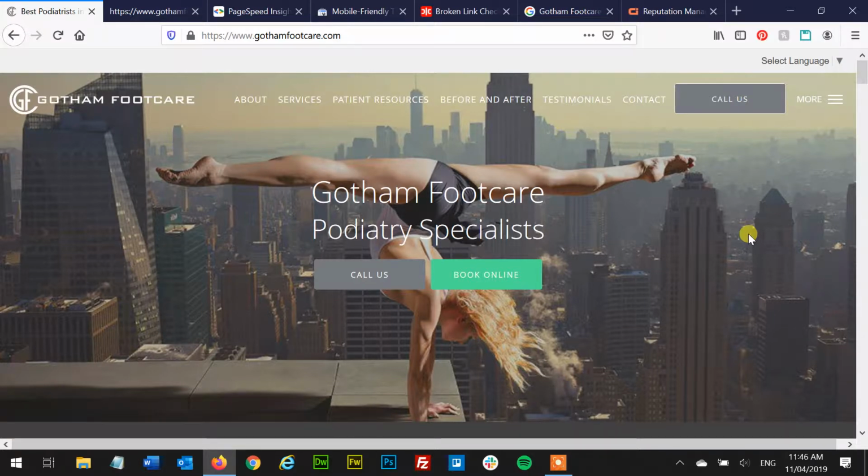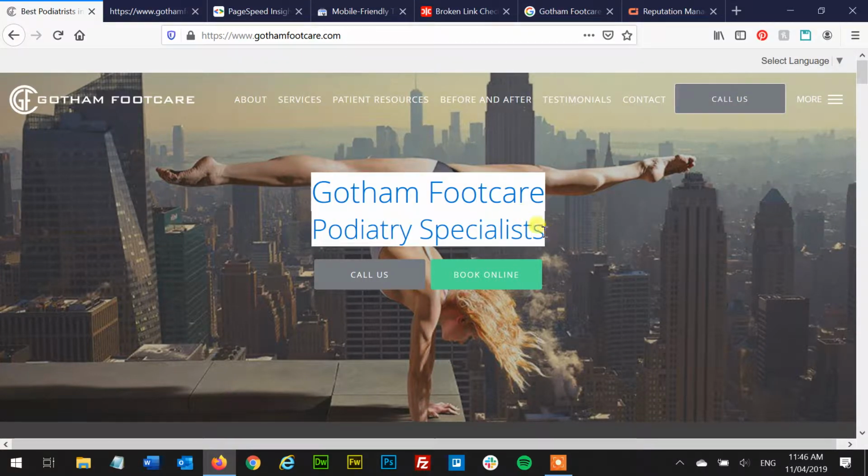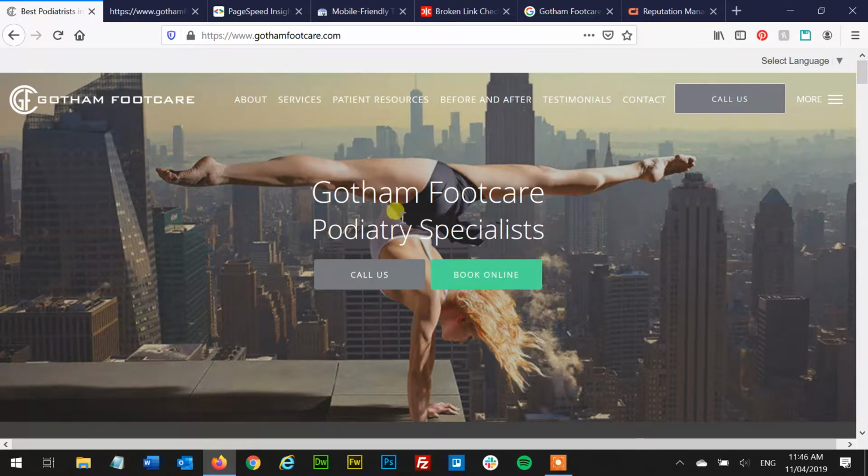So I land on the site. The first thing, you have 5 seconds. The user will give you 5 seconds before he makes a decision whether he's going to stay or go. The issue here is this background image is muddying this text. So this background image needs to be tinted, and then this needs to be boldened,